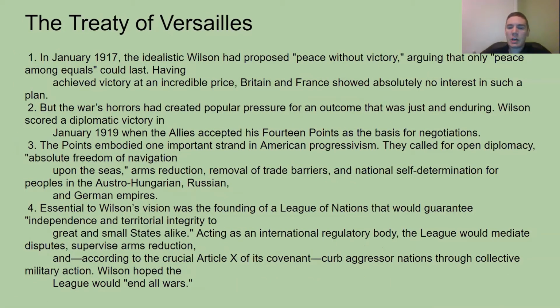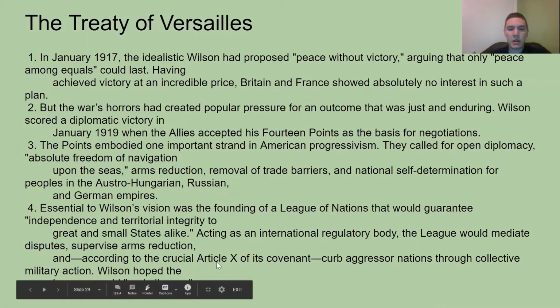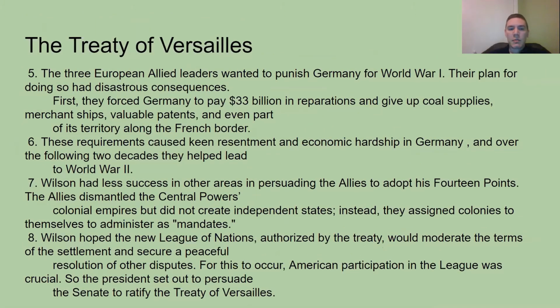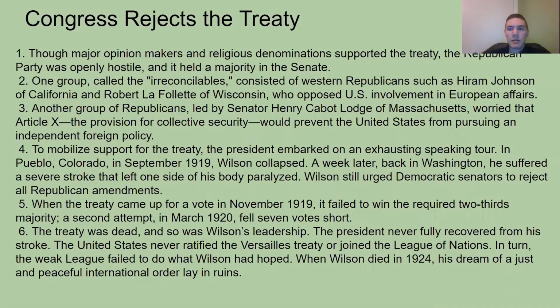Treaty of Versailles, I'm going to go through it very quickly. The big thing that's going to hurt America's involvement is going to be Article 10, right down here. It looks like Article X, because if one country goes and fights, everybody has to go and fight. That's going to create a problem for the United States. These are all world history stuff. It's going to create a problem for the United States because many Americans are afraid that we are losing our ability to fight when we want to. We're losing our war powers.